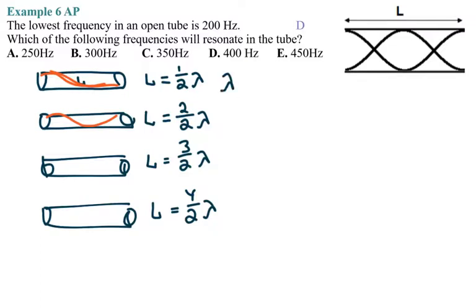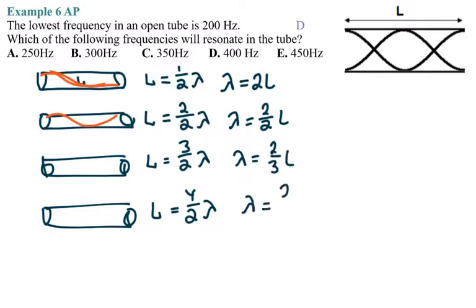The wavelength is equal to 2L in this case. Lambda is equal to 2L over 2 in this case. Lambda is equal to 2L over 3 in this case. And lambda is equal to 2L over 4 in this case. And velocity in the first one is equal to... they ask about the frequency. So the frequency in this case is equal to velocity over wavelength, and velocity only depends on the medium in which it